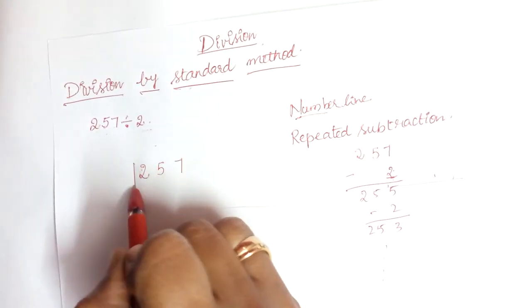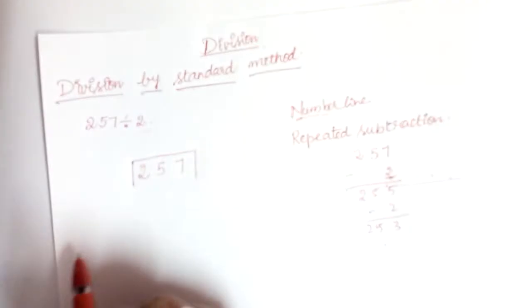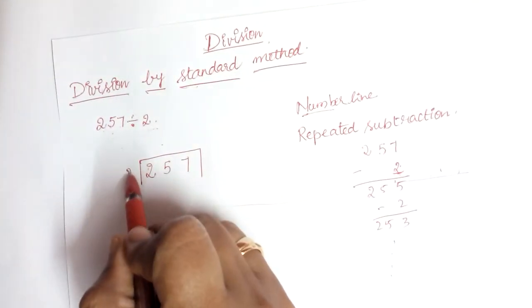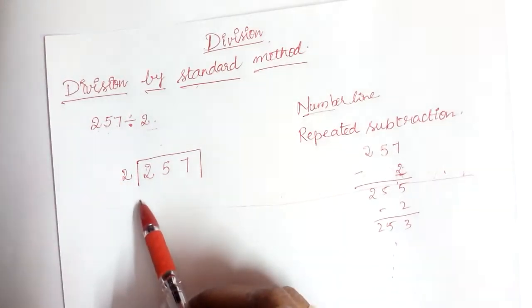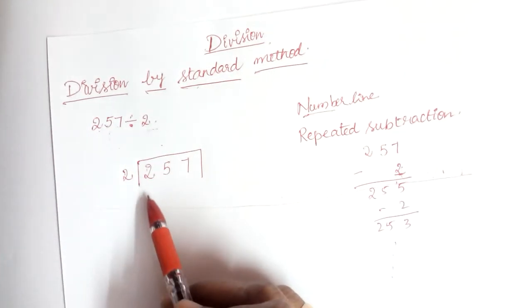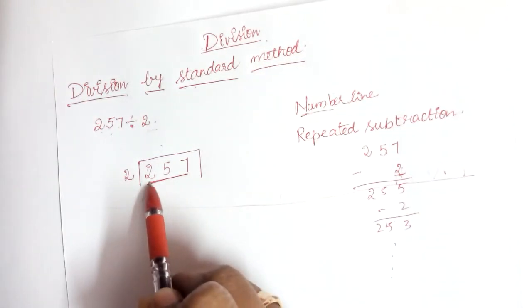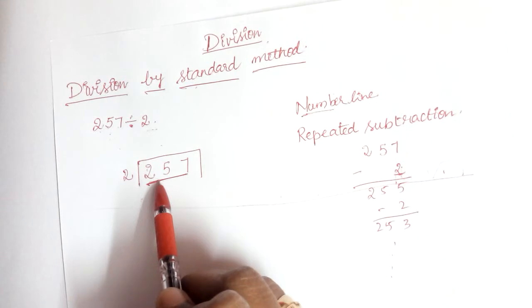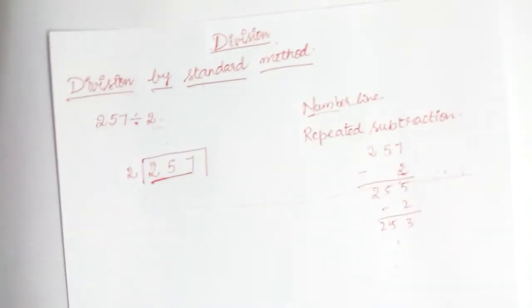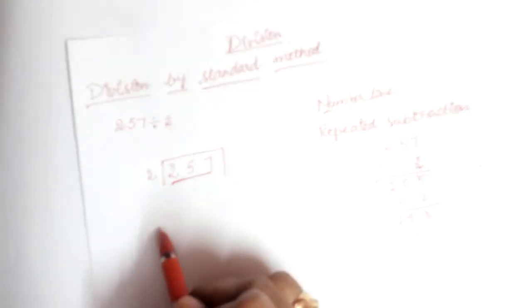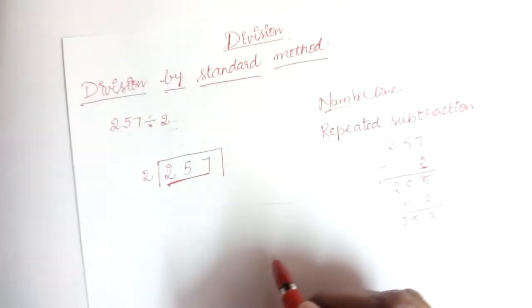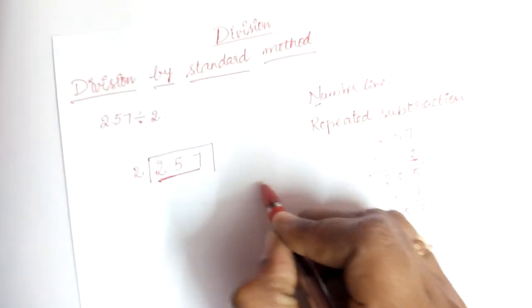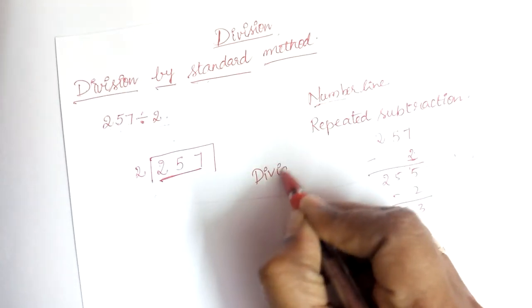257 we can draw like this, and we'll write this 2 here. And we have one concept in division, that is this number which we are dividing, that means in our example 257, it is called dividend. Okay, so I'll write here dividend